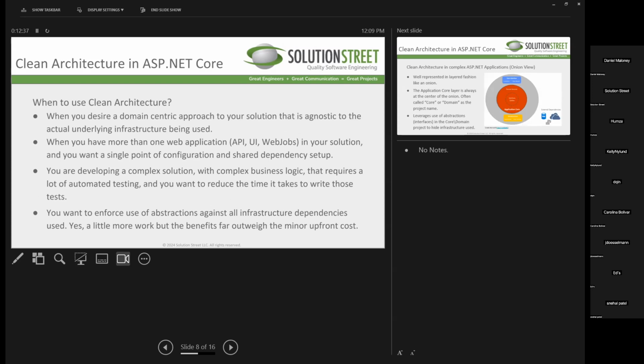So when do you use clean architecture? When you desire a domain-centric approach to your solution that is agnostic to the actual underlying infrastructure being used. When you want to have more than one web application,